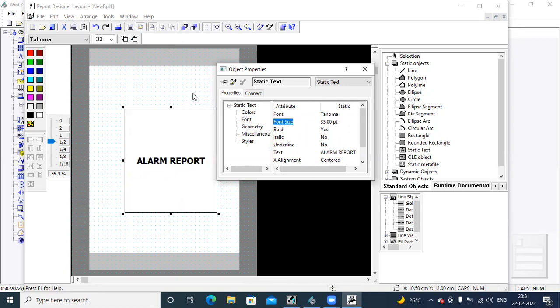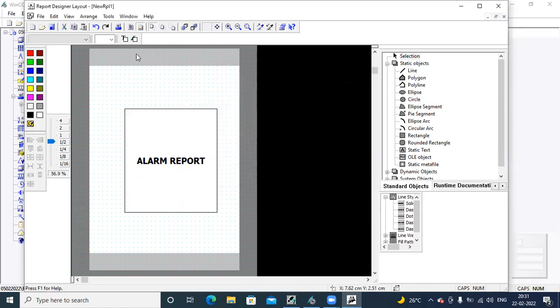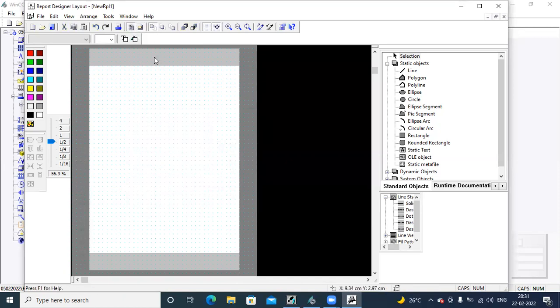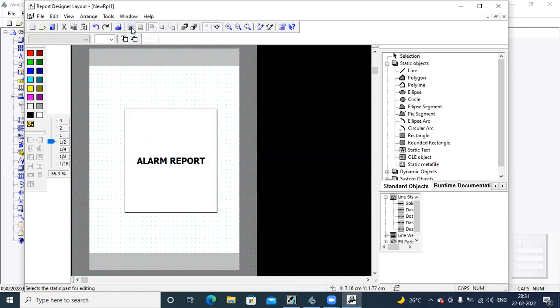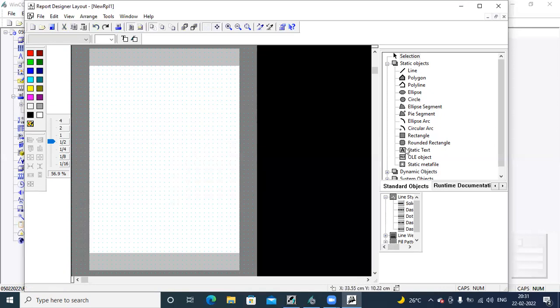Now for this cover sheet, if you want to display static text part as a company name, see when I selected static text, the dynamic part is gone. So go to the static part here, then I select the same static text and drag it over here. I'll give like plant one.